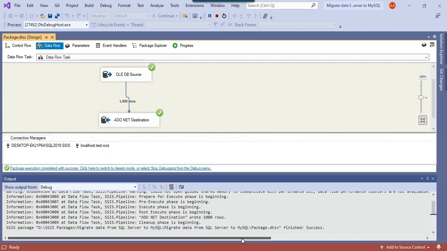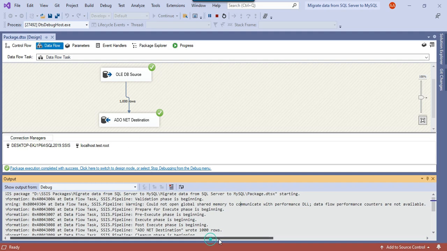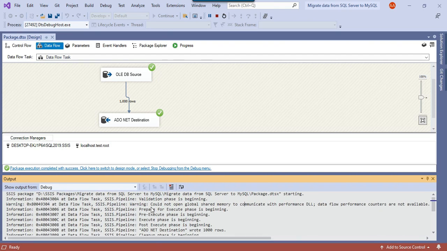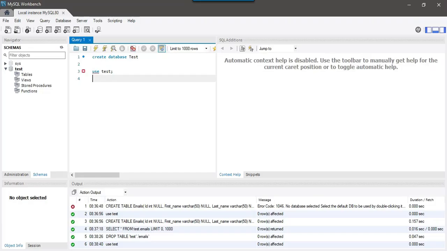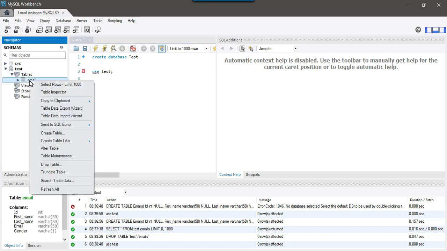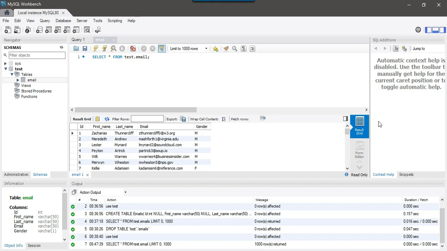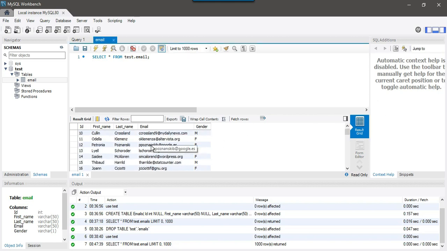So you can see that after making the changes to the my.ini file, the migration from SQL Server to MySQL is successful. I'm planning to cut and upload a small video only for this particular error, so that if people are looking for the error, they can find this video. So we can go back to the MySQL server, and if you refresh the tables, you will find an email table here. If you right click and click on select top 1000 records, I can minimize this one. So you can see that 1000 records have been inserted into the MySQL server database.